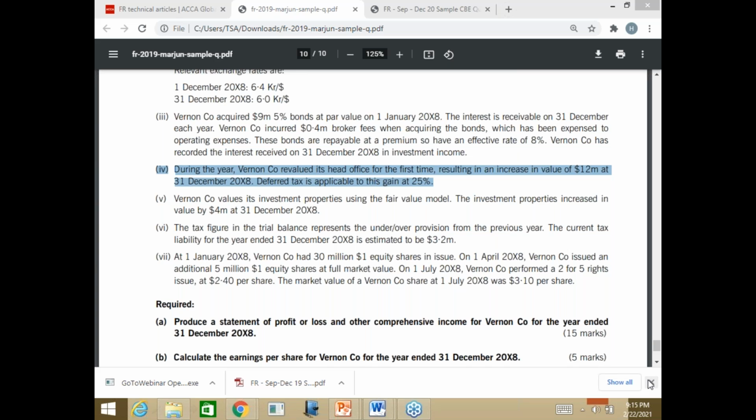What if there is a deferred tax liability, but there is nothing mentioned about the revaluation and the deferred tax? In the examination, whenever you see a revaluation gain, then you must record a deferred tax liability. You only ignore the deferred tax liability when the examiner does not give you the tax rate in the question, or it clearly states to ignore deferred tax. Otherwise,